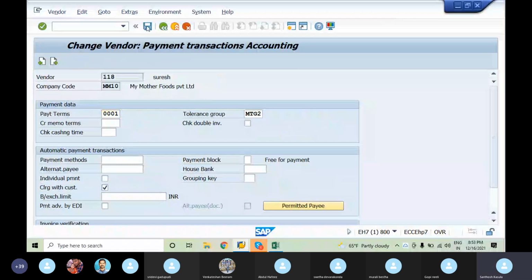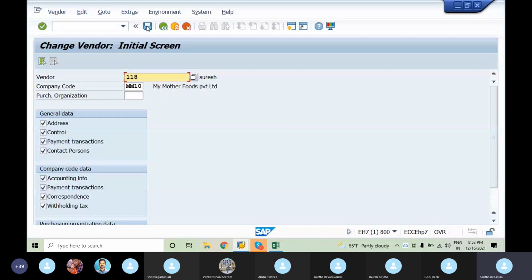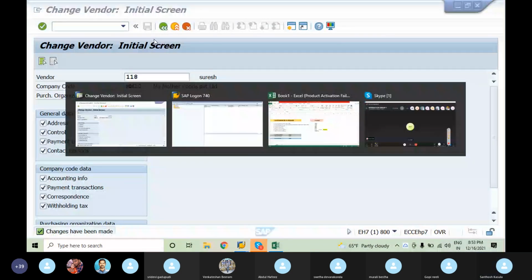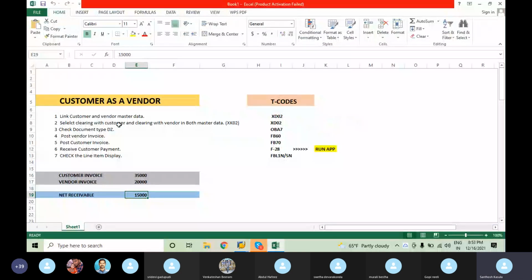The next step is we have to check the document type. For example, when we are doing this with the customer as a vendor, DZ is a customer payment. We have to select the option. I'll show you.